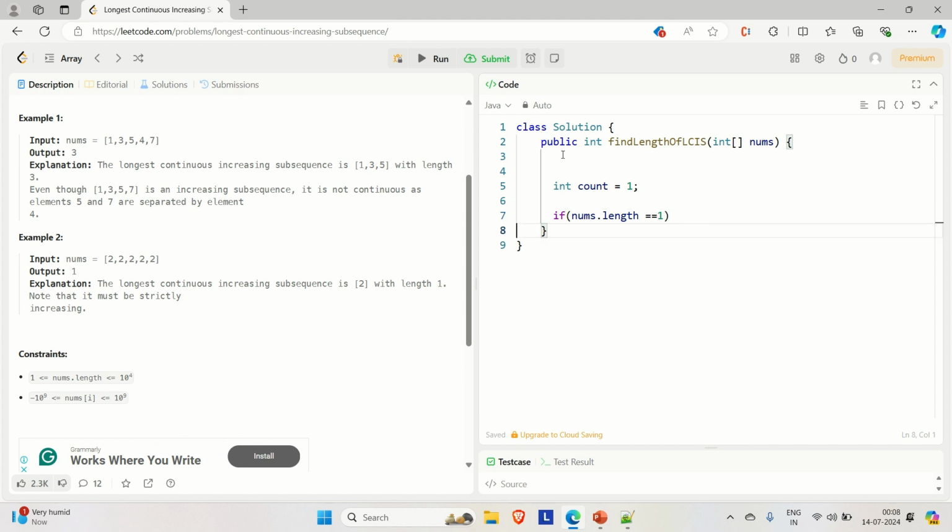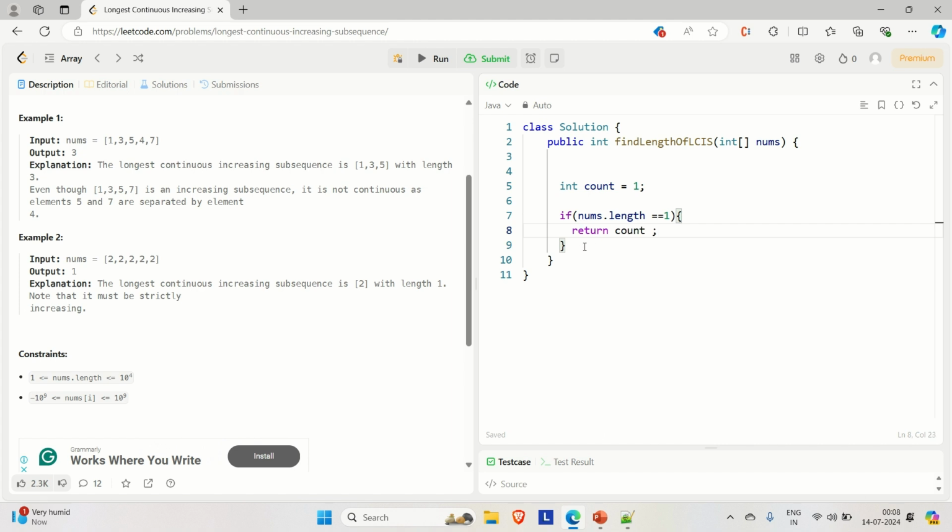Then in that case return the count, or you can say 1 directly, you can return. But here I created this variable count, so I'm returning the count here. So that is the one condition we covered. And now